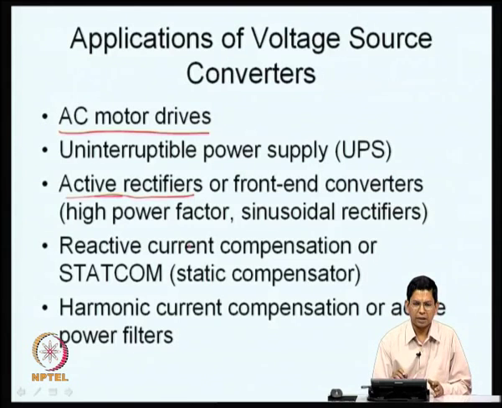We typically may have diode bridge rectifiers, and these are actually non-linear elements. They draw non-sinusoidal, pulsating current from the AC mains. Typically, these diode bridge rectifiers have a capacitance on the DC output, and they draw pulsed current, which is not sinusoidal at all. So, the current waveform is not sinusoidal, and also the power factor is very poor.